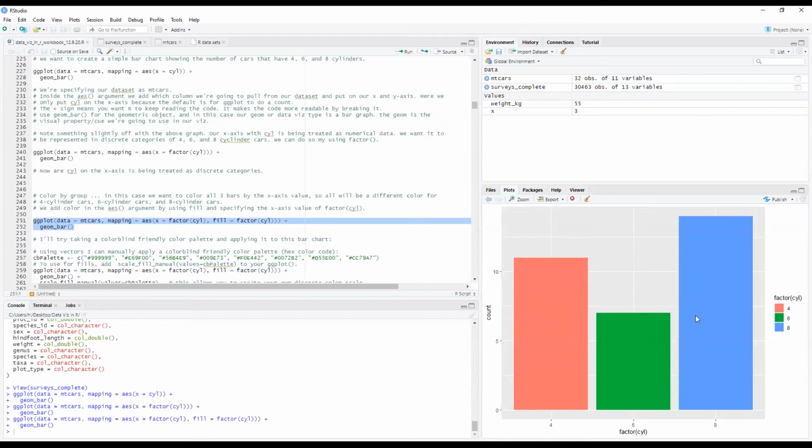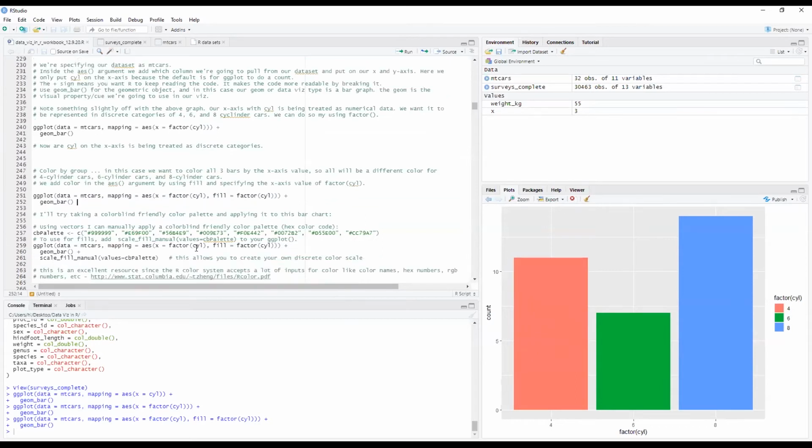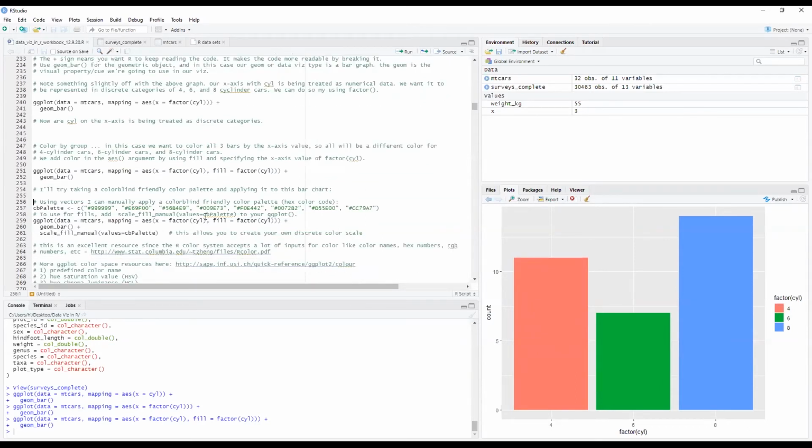And this is only one way. Obviously, there are many different ways to color these. This is just one particular way. So don't take this as the be all end all of how to have 3 distinct colors in this particular bar chart. To highlight how complex you can get, for example, if I want to create a colorblind friendly bar chart from this simple bar chart, one solution I can do is I can create a palette.